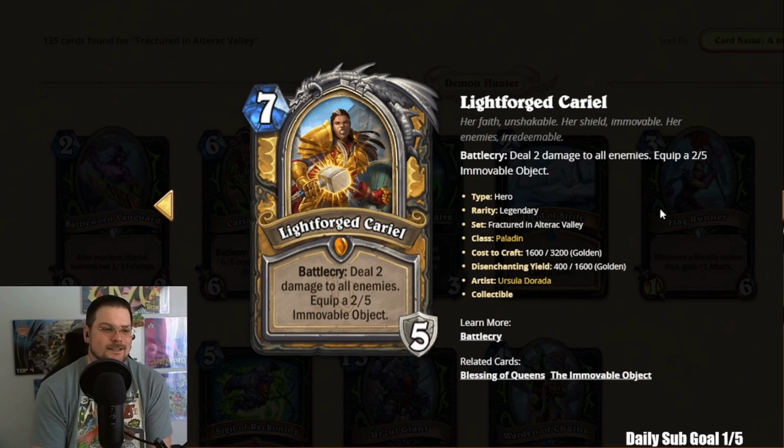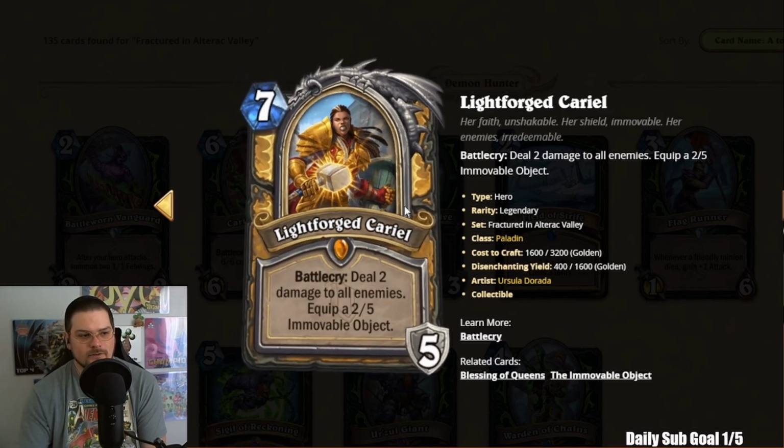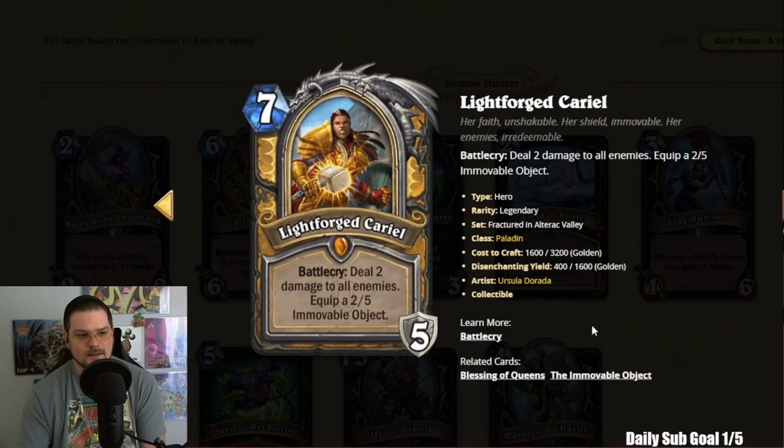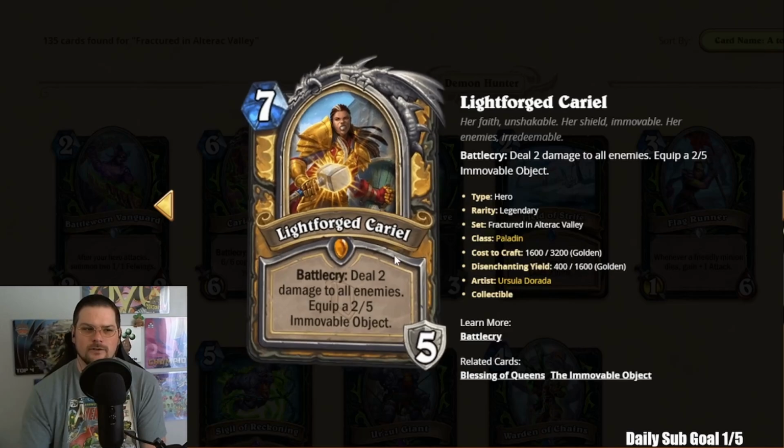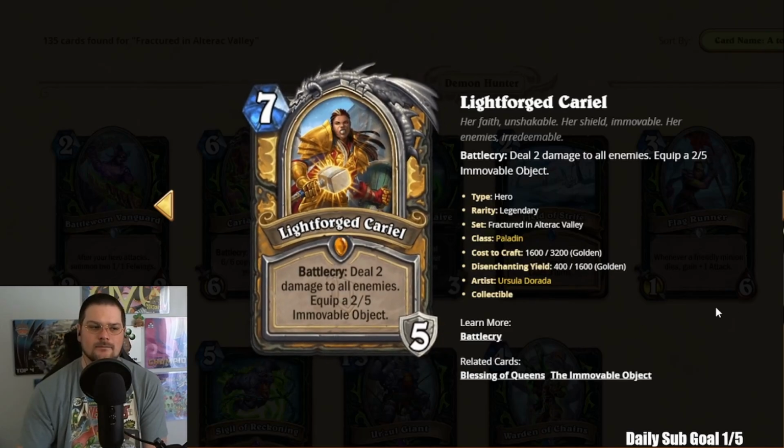I feel like this is all very defensive, and this hero power is very tempo-y, you know? I don't feel like they go very well together. I almost feel like the Cariel and Rokara hero powers should have been swapped. If Cariel had the deal 2 honorable kill, gain 4 armor, I think that this would be a nutty control card, but